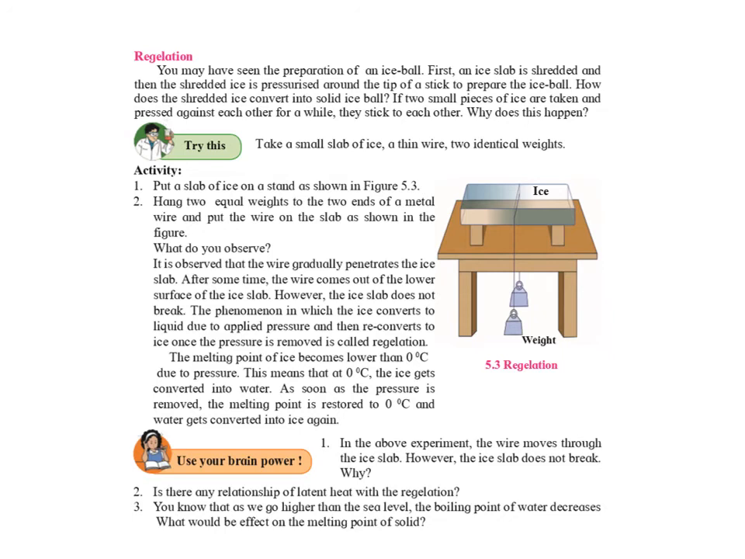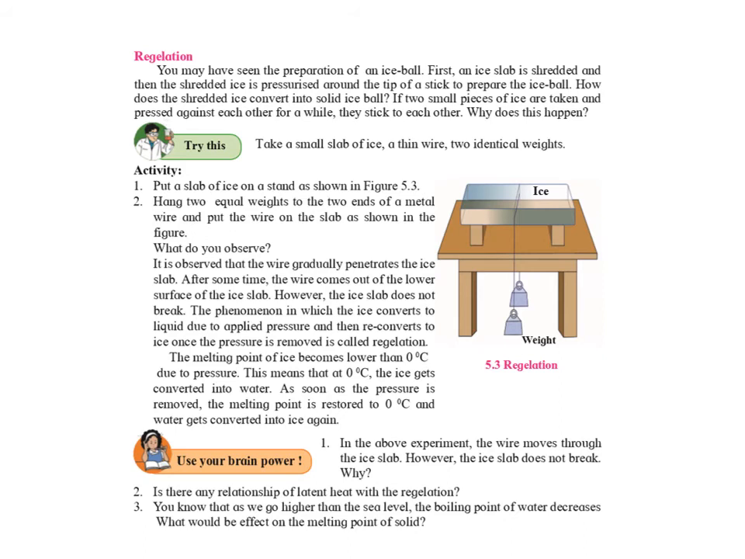There's an activity given to you. Suppose you take a slab of ice on a stand as shown in the diagram and hang two equal weights on the two ends of a metal wire and put the wire on the slab as shown in the figure. What do you see? It is observed that the wire slowly penetrates, that is, passes through the ice slab. After some time, the wire comes out of the ice slab through the lower surface of the slab. However, the slab does not break, meaning the wire passes from the top of the ice layer to the bottom without